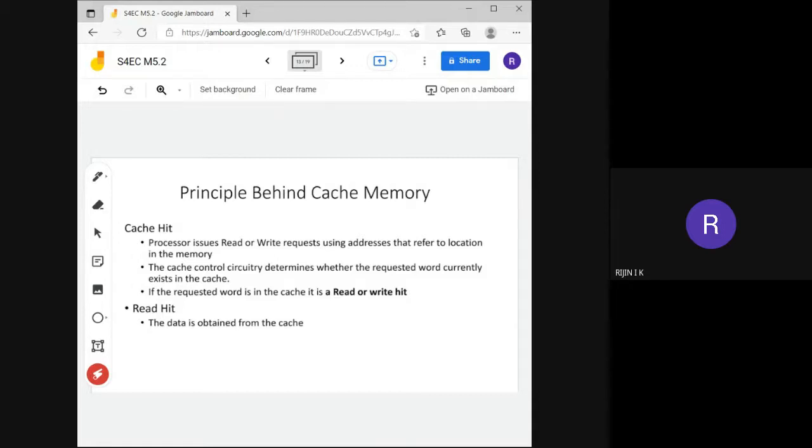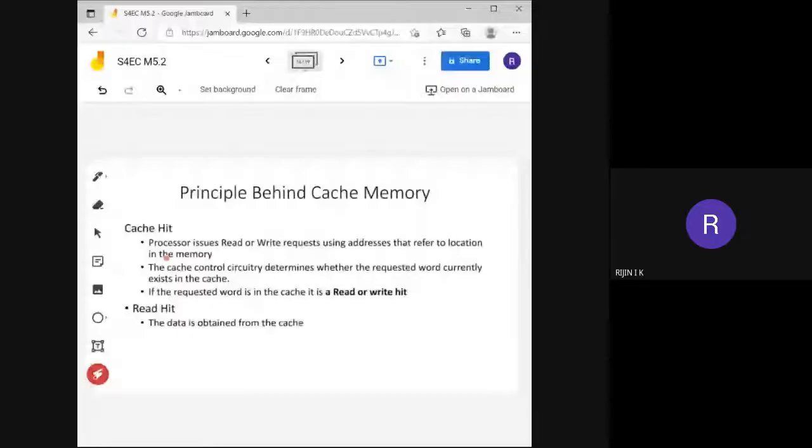the processor issues a read or write request using an address that refers to the location in the memory. The cache control circuit determines whether the requested word currently exists in the cache memory. If the requested word is in the cache memory, we will call it a read hit or write hit. That means പ്രൊസസ്സർ ഒരു റിക്വസ്റ്റ് ഇഷ്യൂ ചെയ്തു ക്യാഷിലോട്ട്, then ആ റിക്വസ്റ്റിന് കറസ്പോണ്ടിങ് ആയിട്ടുള്ള